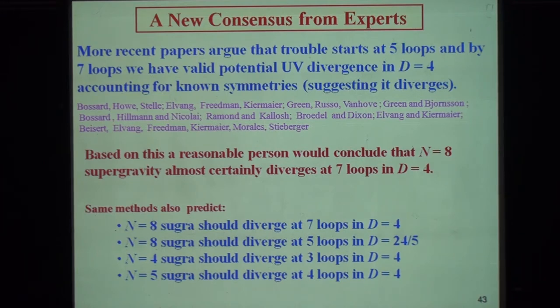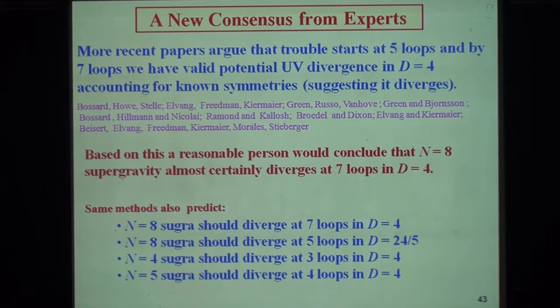Okay, so of course you do one of these calculations, and you know what's going to happen. That was a very nice calculation you guys did at 5 loops, but of course you're going to have trouble at 5 loops. And at that time, quite a few people got excited by that. There's Dan Freedman, one of the inventors of supergravity, Michael Green of string theory fame, and a whole bunch of other people. It was Nicolas Bossard who looked at this problem to try to figure out if what we found was something remarkable